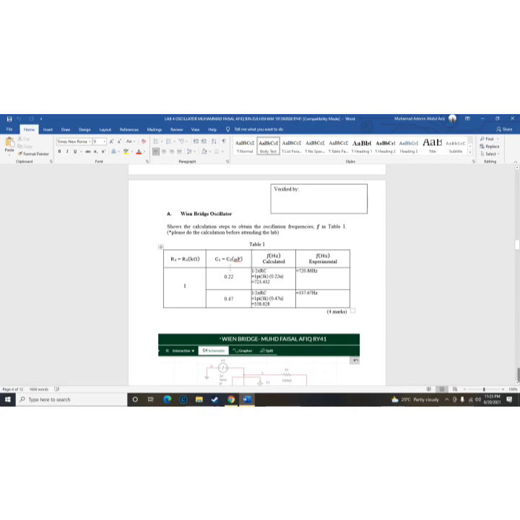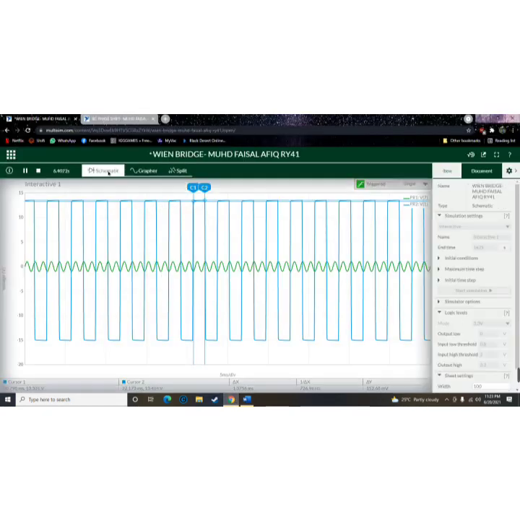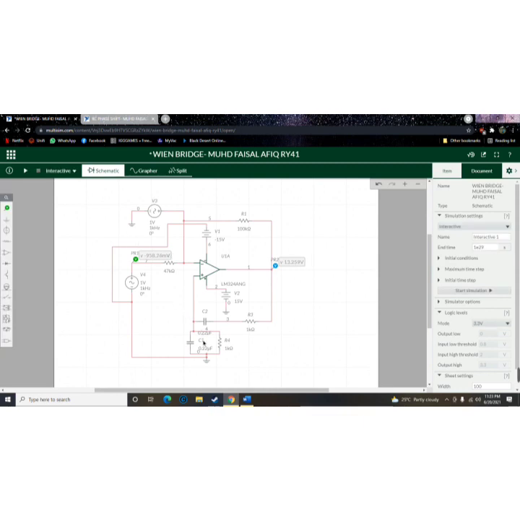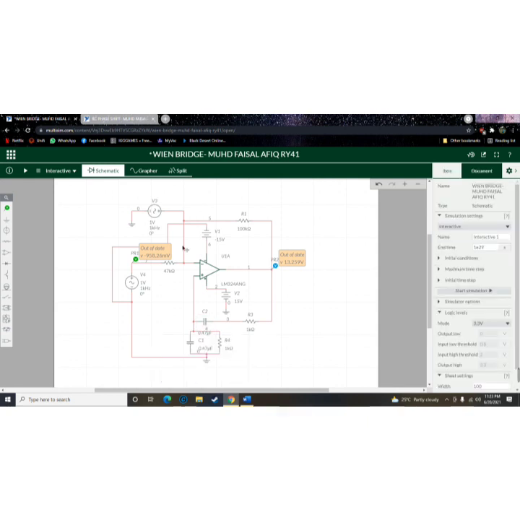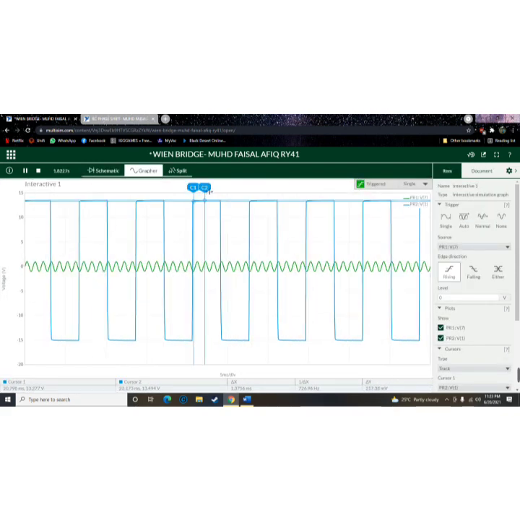And for capacitor 0.47 microfarad, we go to the schematic and we change the value of the capacitor to 0.47 microfarad, and this one also. And then we run the simulation. We go to the graph and center the cursor,